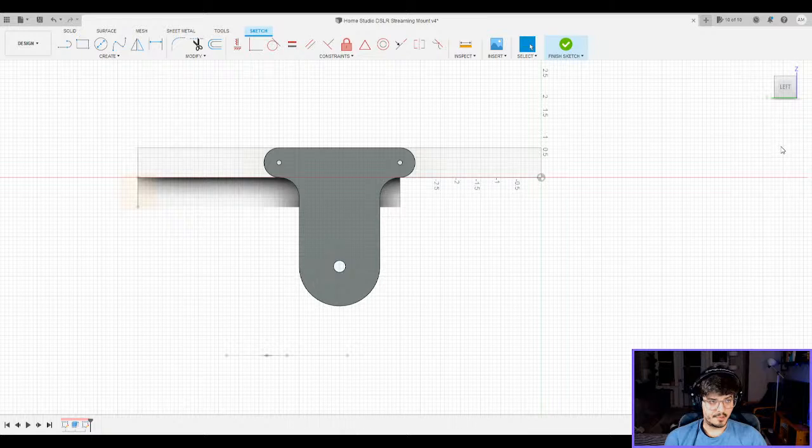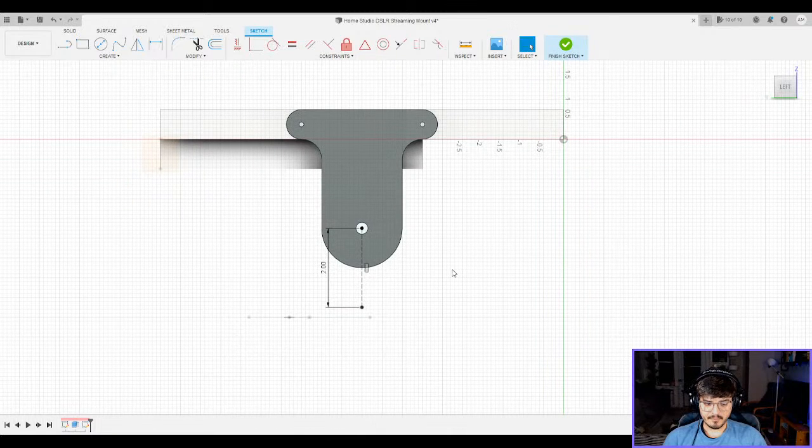So I'm going to draw another line here from the center of the hole to finish off the 5 inches that I need to get to. So it's going to be 2 inches that's remaining. This is going to be the top surface of the part that's actually going to hold the camera.